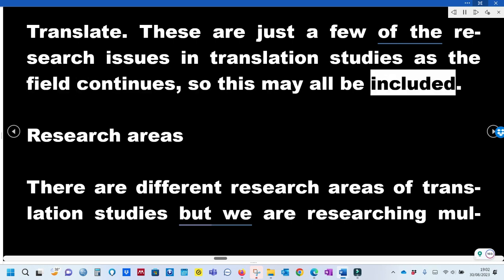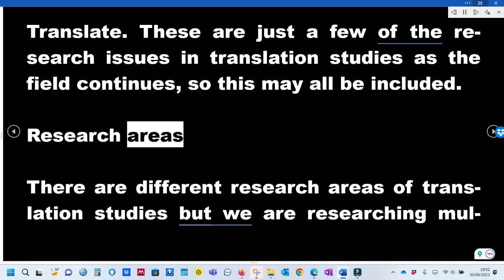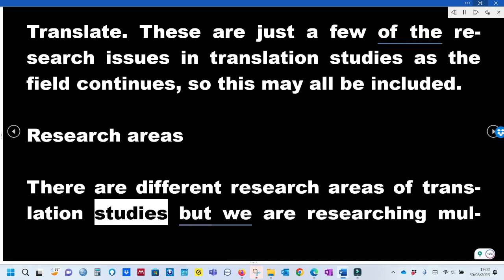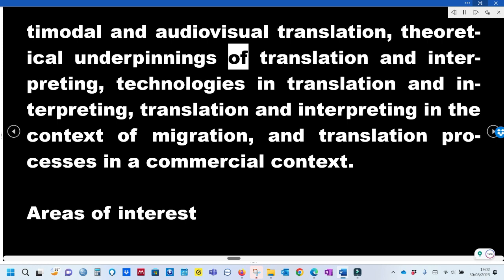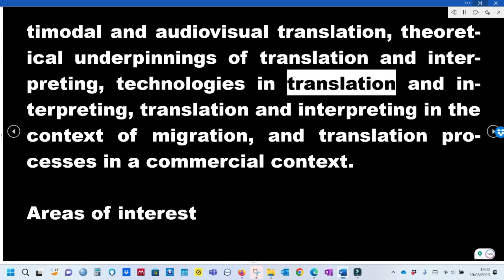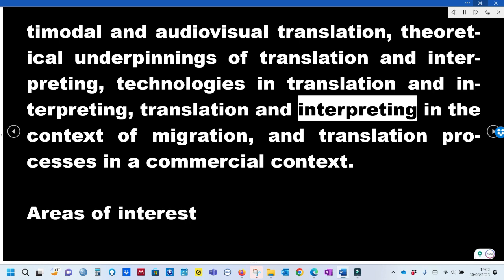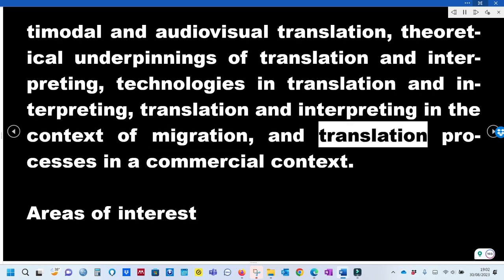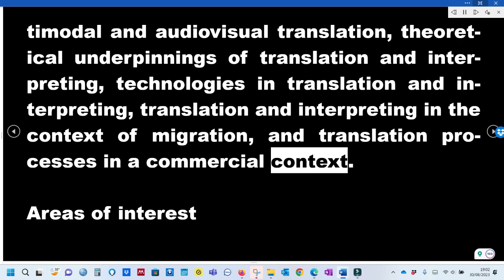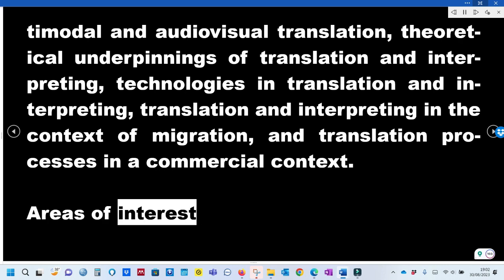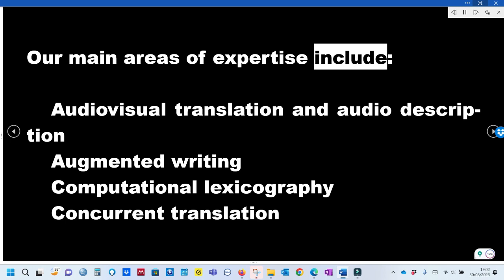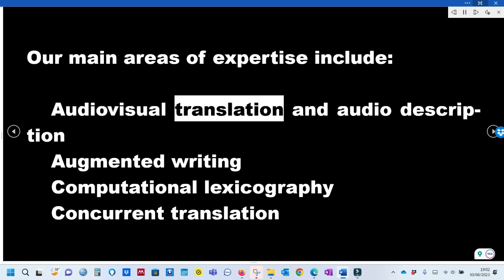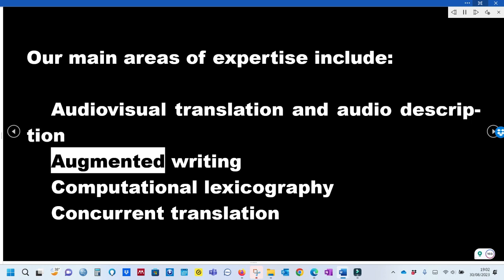Research areas. There are different research areas of translation studies, but we are researching multimodal and audiovisual translation, theoretical underpinnings of translation and interpreting, technologies in translation and interpreting, translation and interpreting in the context of migration, and translation processes in a commercial context. Areas of interest. Our main areas of expertise include interpreting, translation and interpreting in the context of migration, and translation processes, audiovisual translation and audio description, augmented writing,